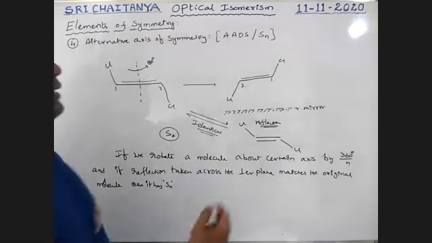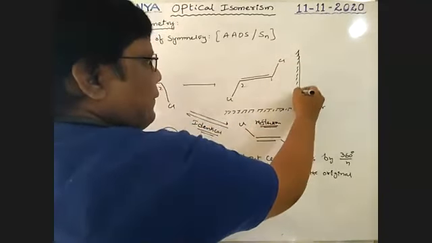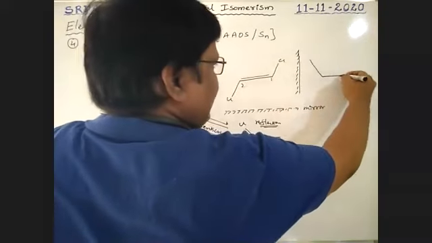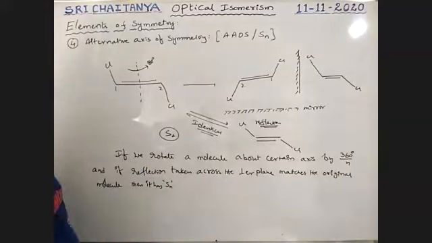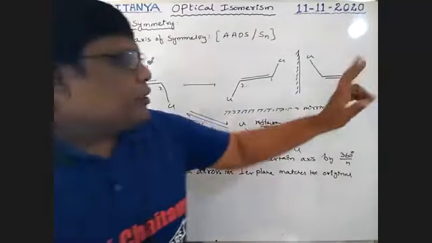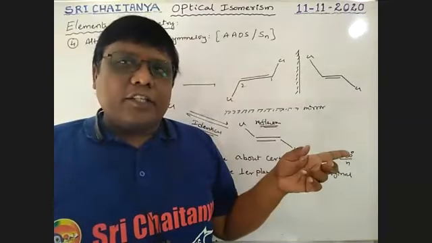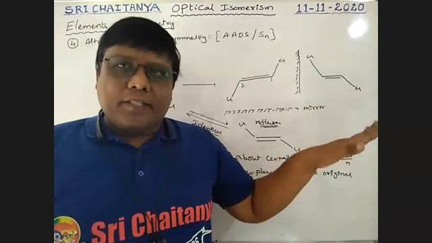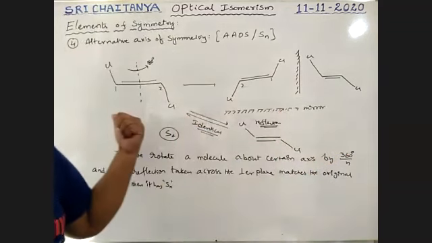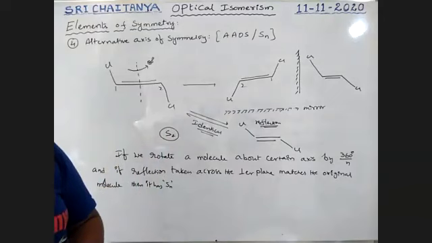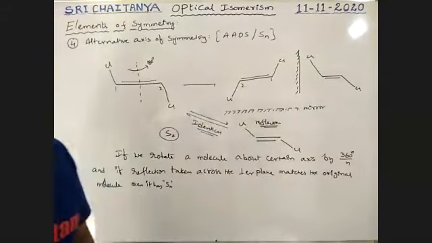Or if I'm taking a perpendicular plane here, so here also it seems to be like this. Here also, that means this molecule and this molecule are identical. So after 180 degrees rotation, and a perpendicular plane image reflection, it seems to be the identical condition. Then that is called alternating axis of symmetry, boys.